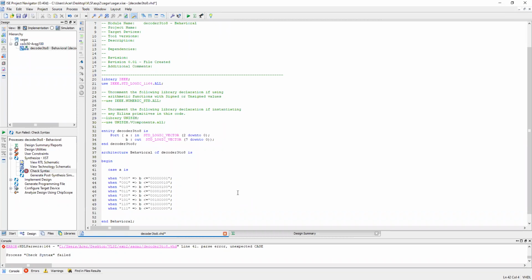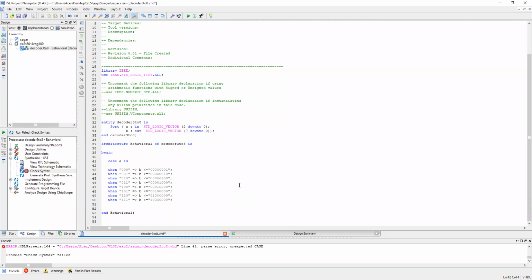I have made one mistake. What is that? I have used the case, but I have not ended it, or maybe I have given you the hint.